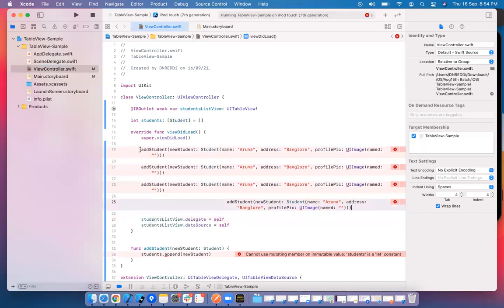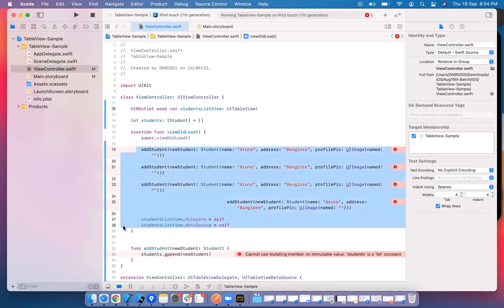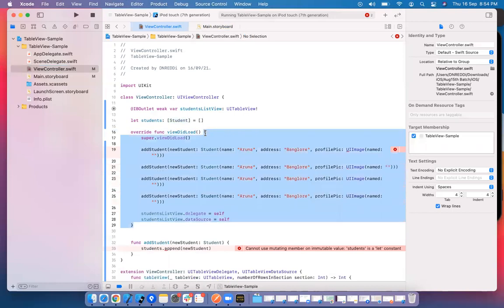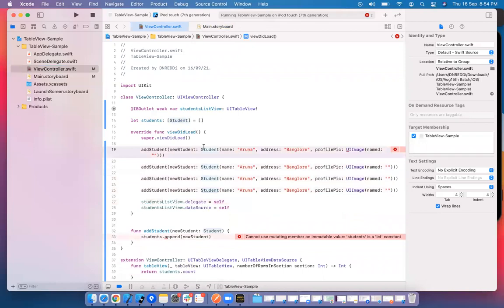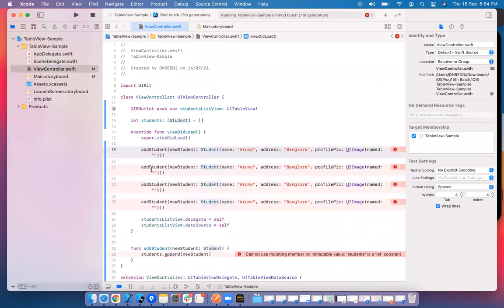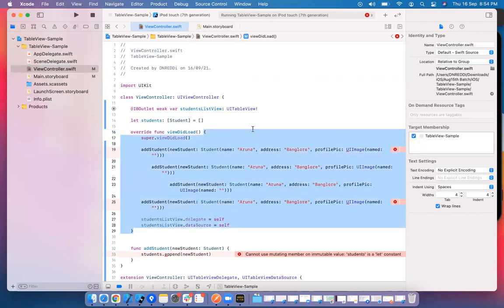What we do is select this, or double click on the method's starting curly brace, and press Control I. Control I means indent. It actually structures properly. I'm reselecting the complete method, Control I.